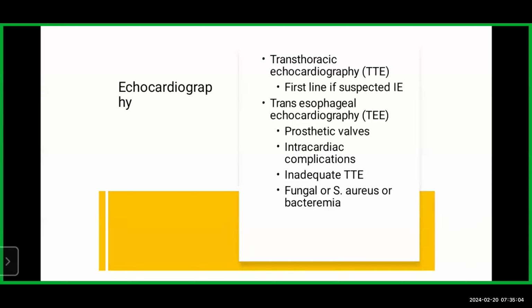Okay, then transesophageal echo will have better delineation. It's also important in assessing prosthetic valves and assessing complications. So the transthoracic can be inadequate for various reasons, obesity, emphysema, and all that. Sometimes